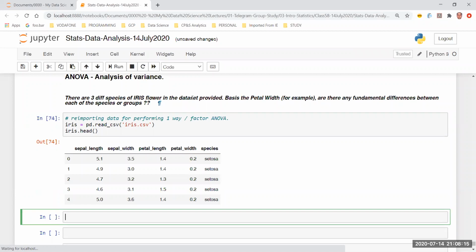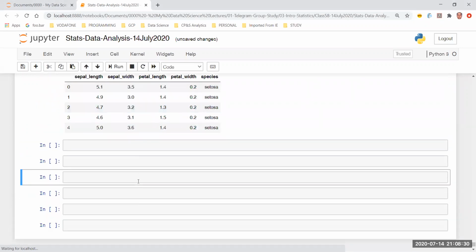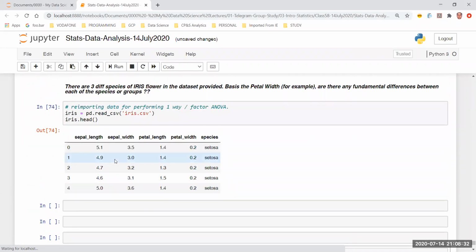Now, I think there is a question from Sarang. Go ahead, Sarang. Bhumik, I have a small generic question. Based on the question, we have three different species in the iris dataset.